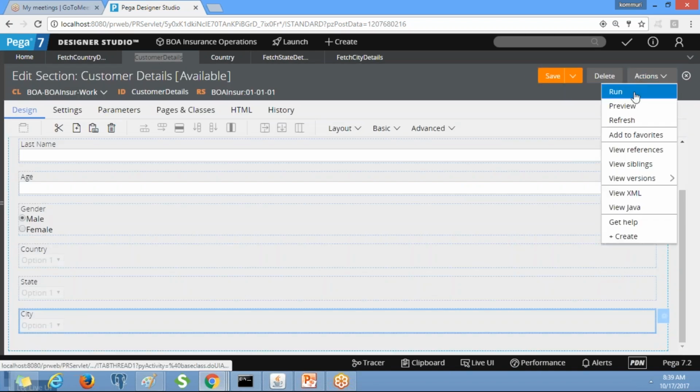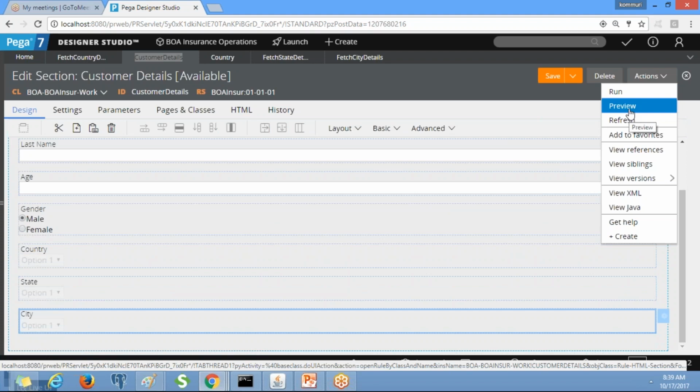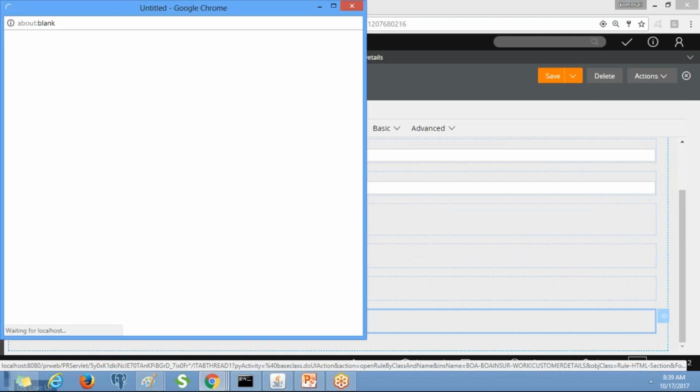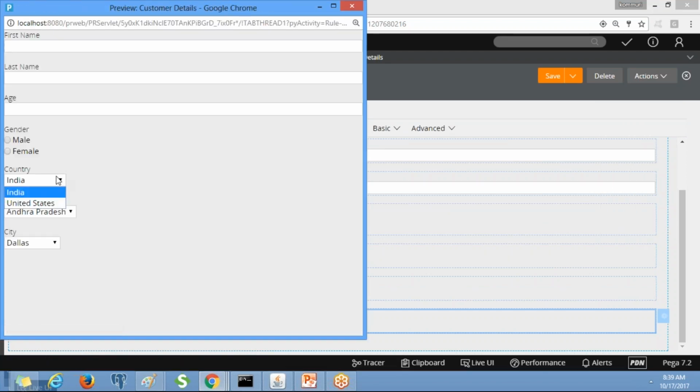Now we can do the unit testing, right? Actions, click on preview. You see all the cities, states, countries. But currently all the details are coming in the drop down, and we need to restrict that. Whenever I select the country India, it has to display only India related states.